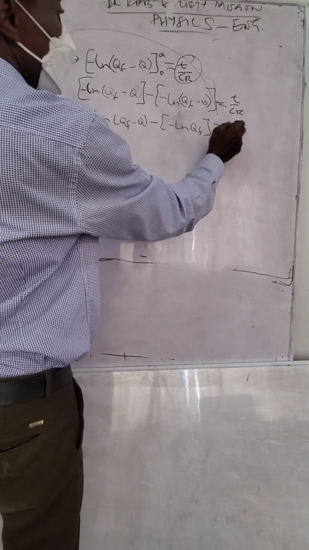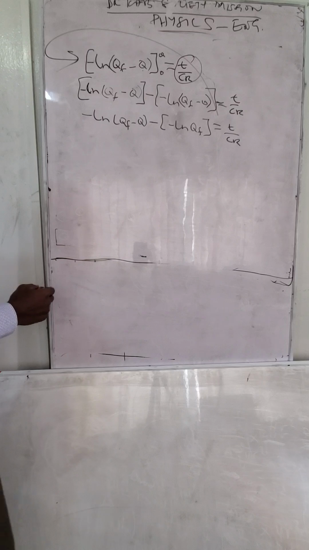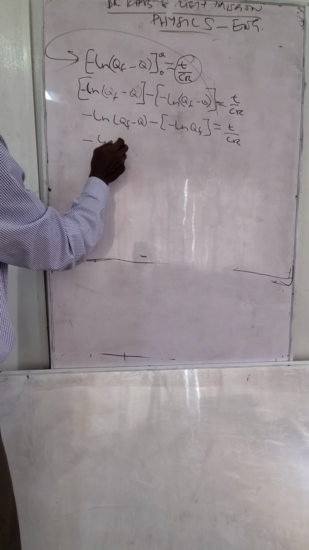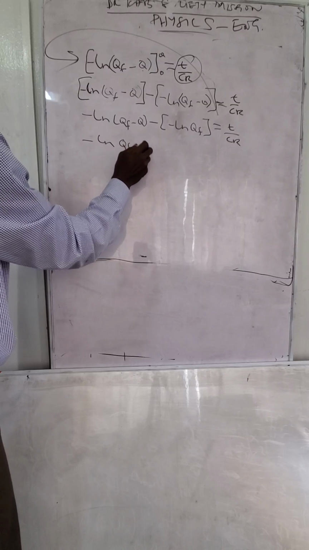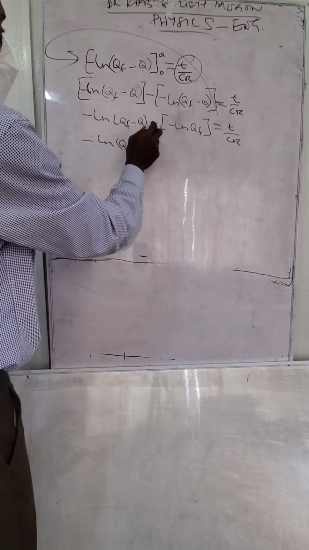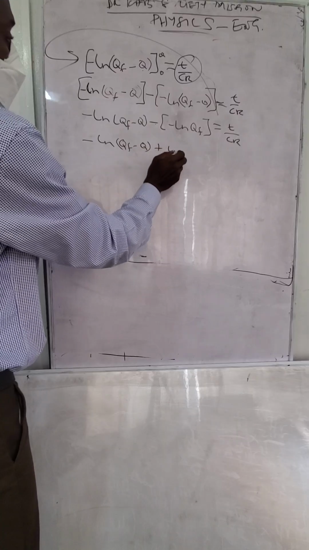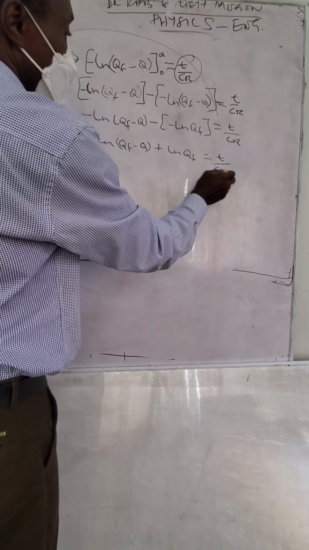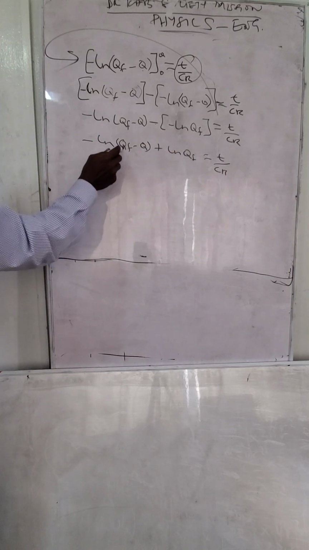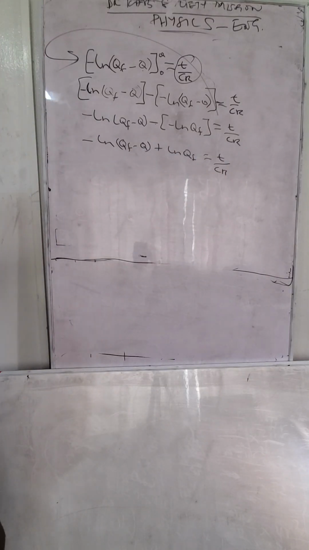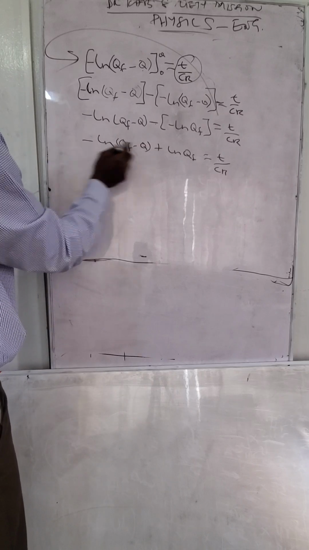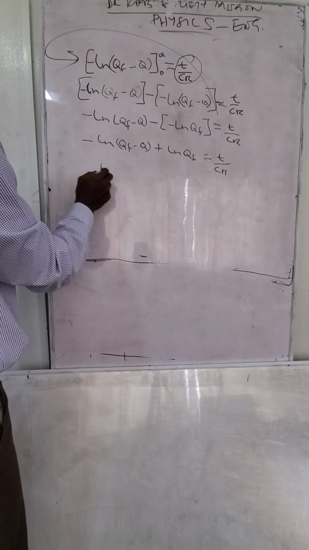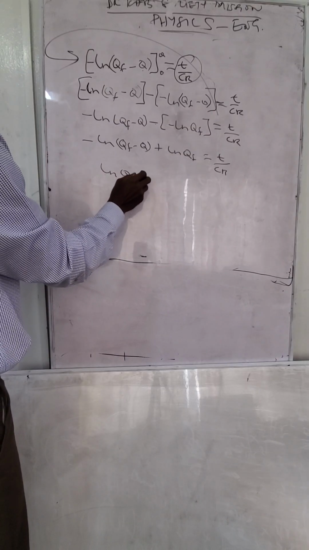So yeah, Q CR. So let's see the next: natural log Q final minus Q. This becomes minus minus, so it becomes plus natural log Q final T over CR. But remember, this is a constant. It's a constant. So now let's multiply through by negative so that we eliminate this one. I'm going to get natural log Q final minus Q